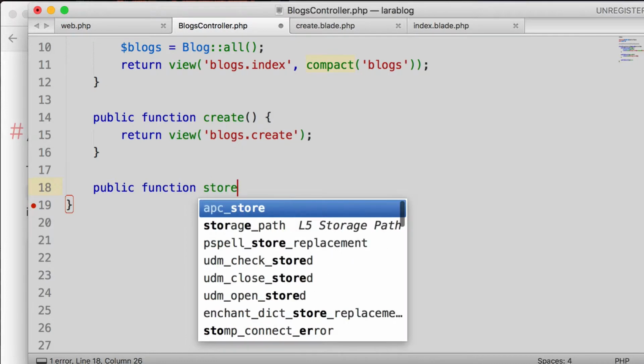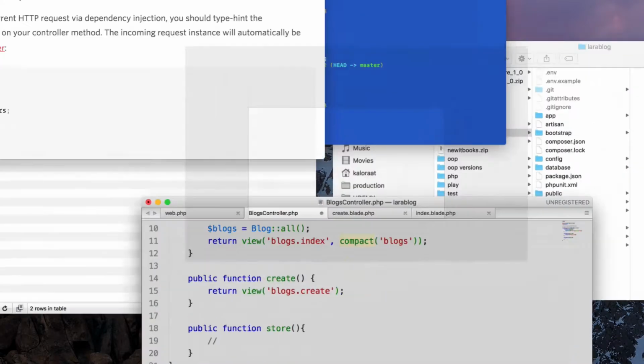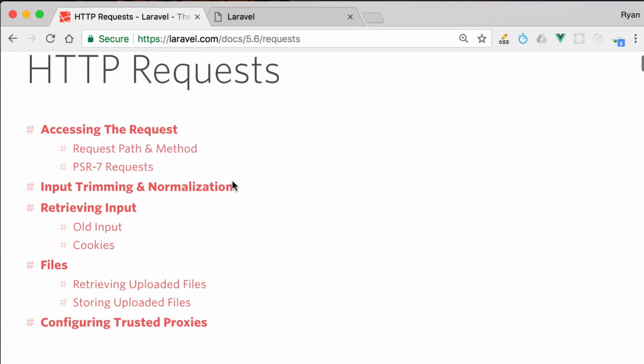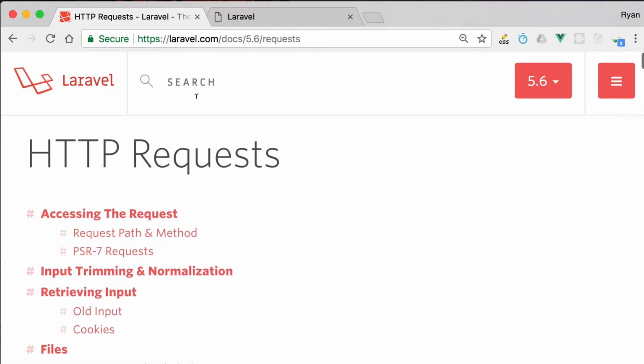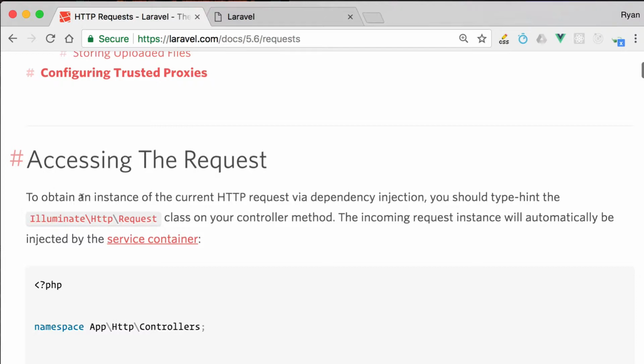Public function store. Okay, now what we want to do here is we need access to the HTTP request. So I have this link open here. I just went to the Laravel documentation and typed request. To obtain an instance of the current HTTP request via dependency injection, you should type hint this class,